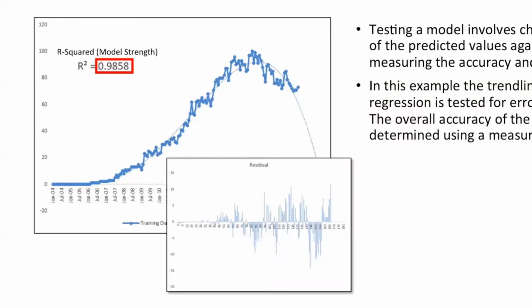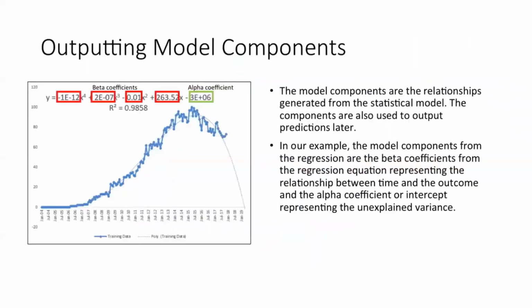And let's say you like this model. Then the next step is understanding the relationship. So the model components are the relationships generated from the statistical model. These components will be used later in generating the predictions, but it's often also useful to understand the nature of